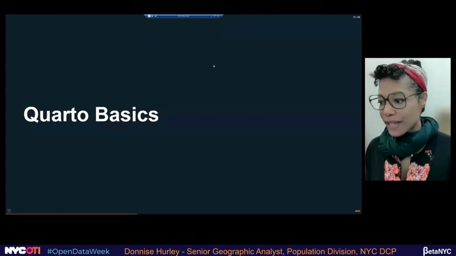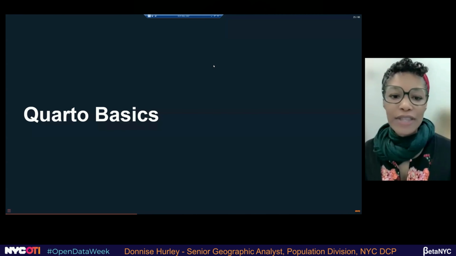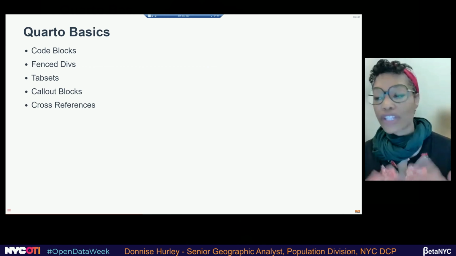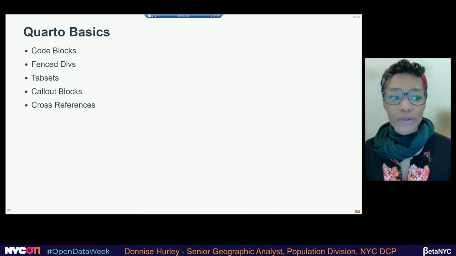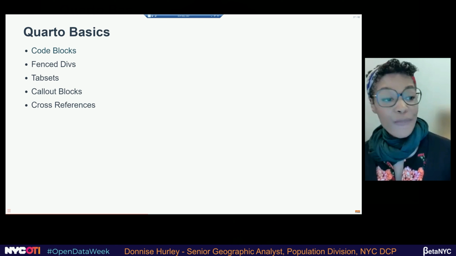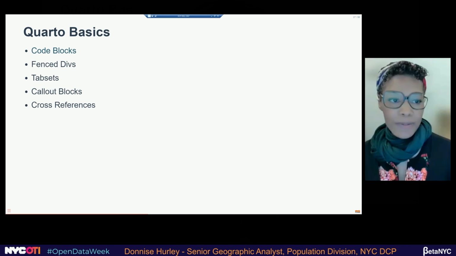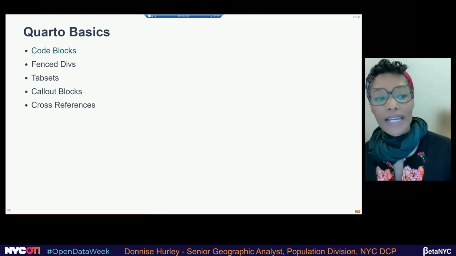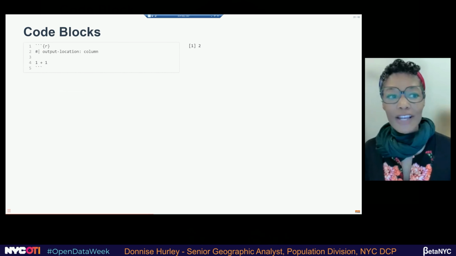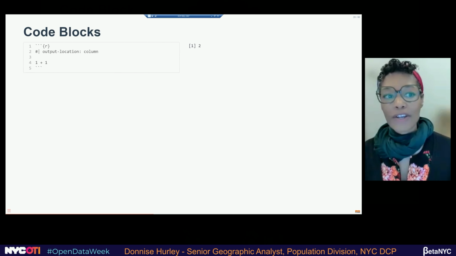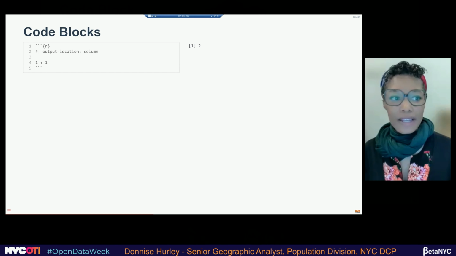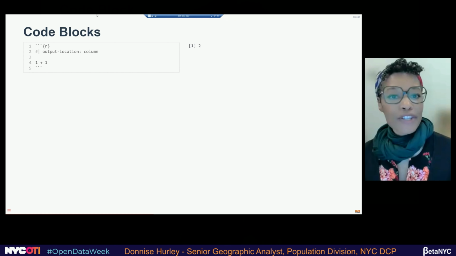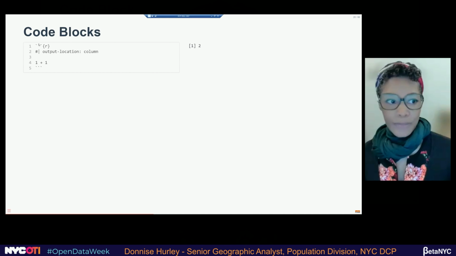So now we'll go over some basics of Quarto. These are the things that I find that I'm using over and over again. And they're quite useful to know, and it's really how you build your document. So one of the most important things, and probably one of the strengths of Quarto, is the code block. And this allows you to use R within your document. So you can conduct your analyses, you can pull your data, analyze your data, and it's all within the code block. So if you've used the R console, this should look familiar.